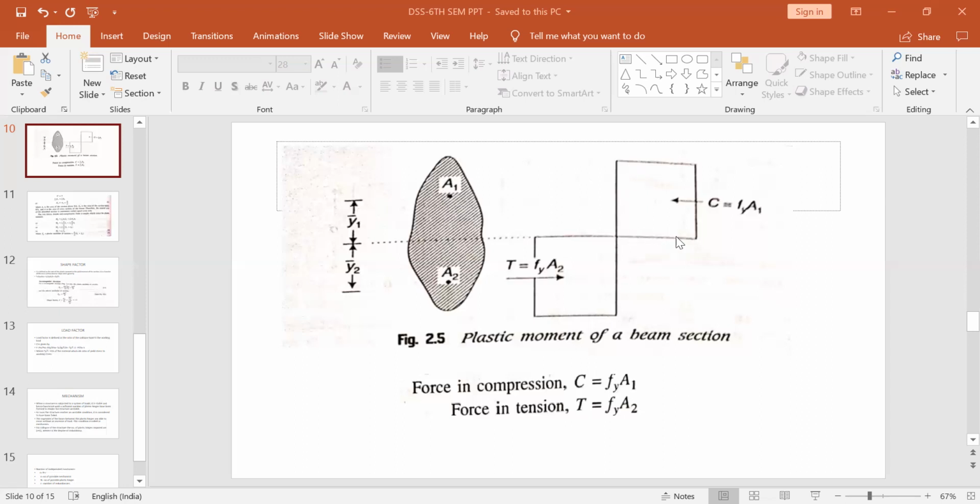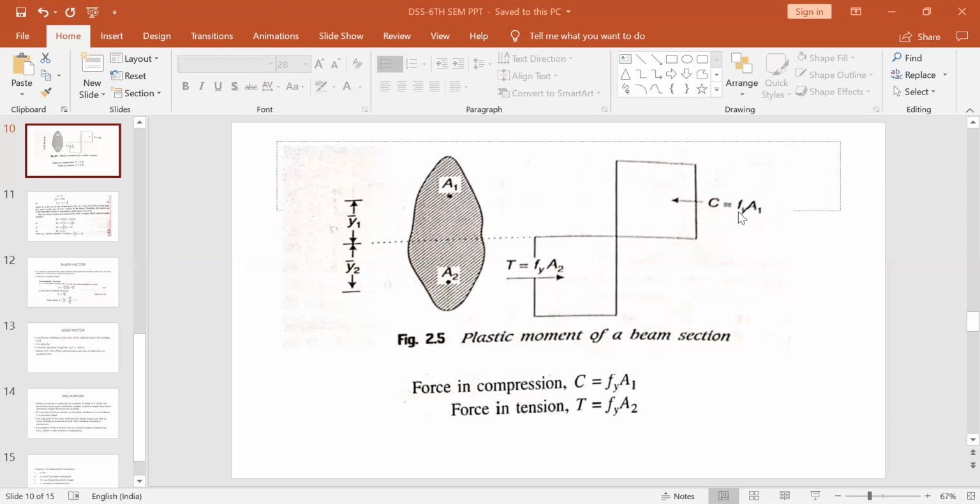So now the upper portion above this plastic neutral axis is under compression and the lower portion is under tension. This you know already. Same in the elastic neutral axis, above the neutral axis it was under compression. The extreme fibers will compress above the neutral axis. Below the neutral axis, the extreme fibers will expand. The portion where it is expanding is tension. The portion where it is compressing is compression.